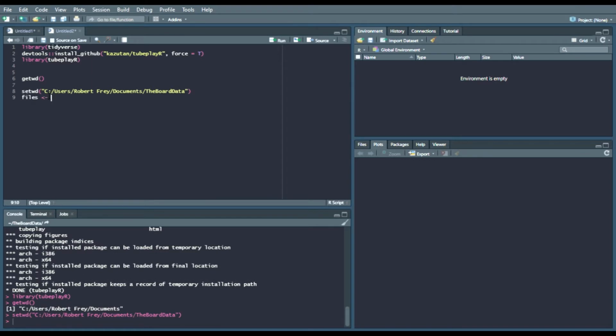Now I'm going to set an object called files. What this will do is allow us to list off the files that are in that folder. The function will be list.files. The path will be, again, our working directory, so you can just say getwd(). And then our pattern, in this case, is .csv, which are the CSV files that we pulled earlier from FanGraphs,